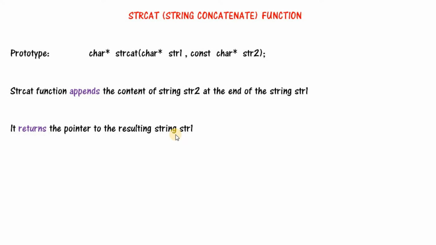Obviously it will store the resultant string here, but it also returns the pointer to the first character of the resultant string. So the string concatenation function also returns the pointer to the resultant string.